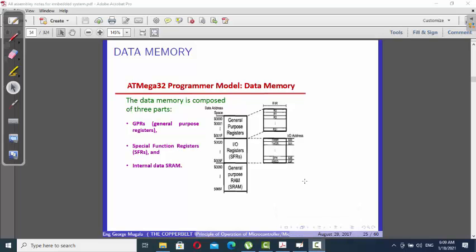Hello, I'd like to welcome you all to this lesson on the data memory. Now, you may all be aware that last time we started looking at the flash memory, in which we went into details trying to explain how a flash memory is actually organized. And we said that the flash memory is actually 32 kilobyte of